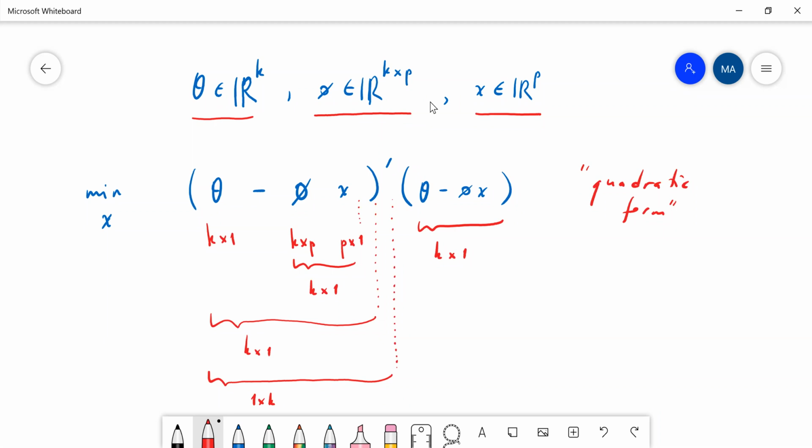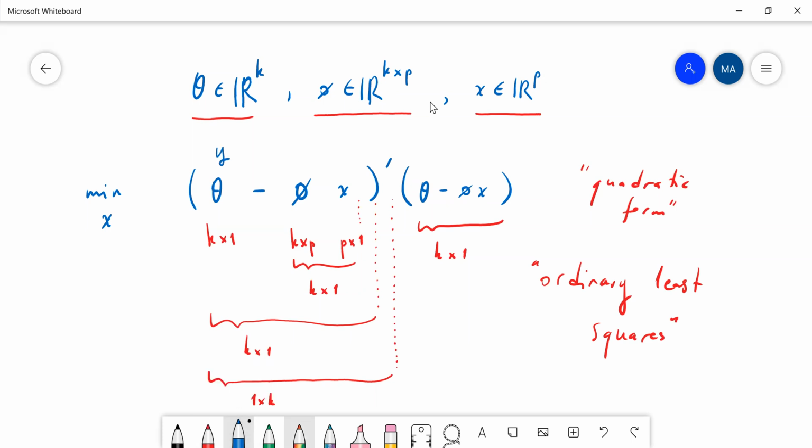Okay. There are nice tricks for taking derivatives of vectors and matrices, but I will not go into this detail, and I will not go into solving this problem, but this is a very familiar problem to you. Okay, this is ordinary least squares if you look at it carefully. This is an econometric problem. How? Well, this is your